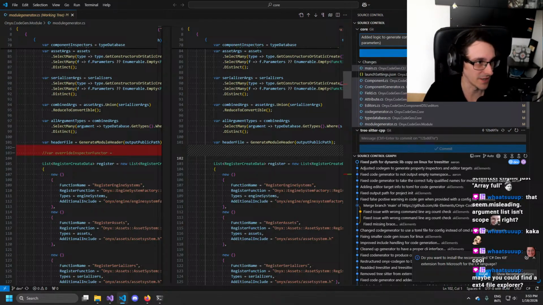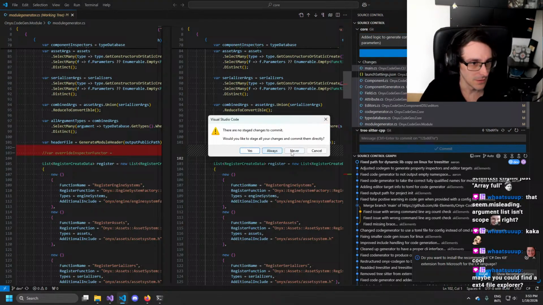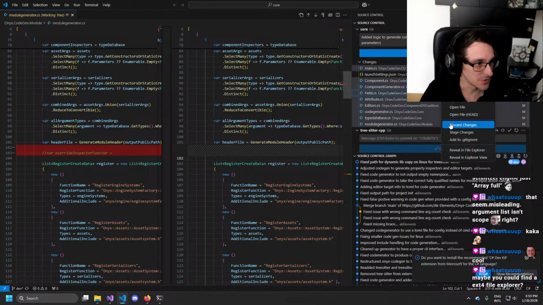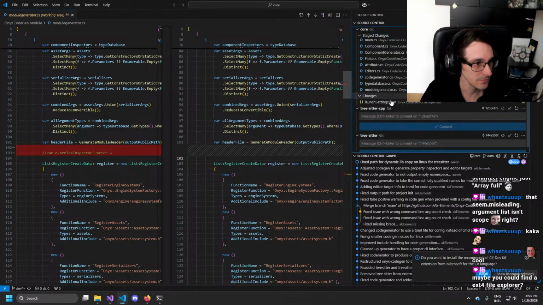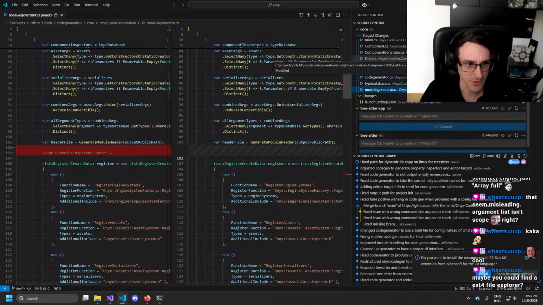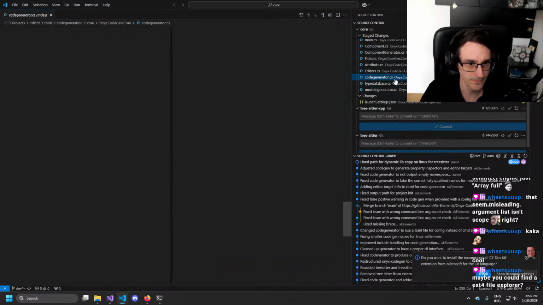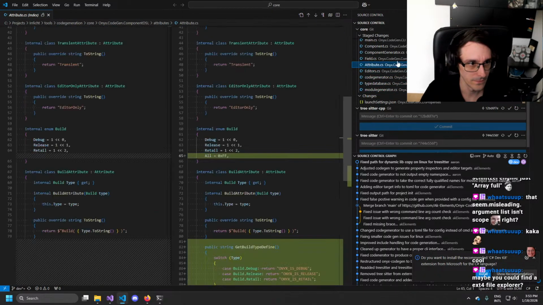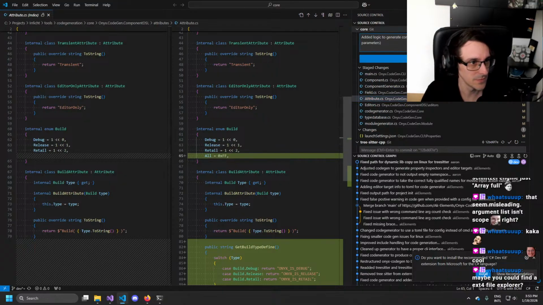Something like that. Oops, I need to stage, of course. Quick check, but I think it's fine. And refactored code scope.